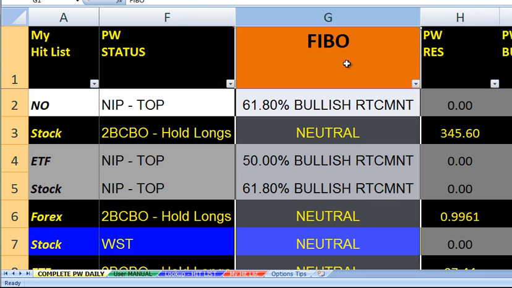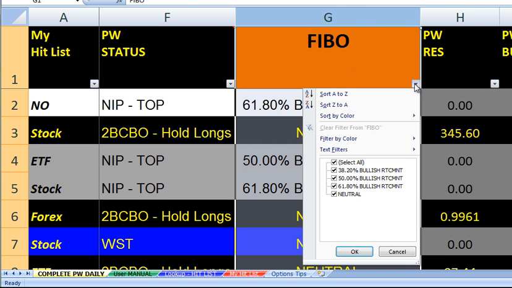All right, the next column is new. This is your Fibonacci retracements. It's already built in for you, so you don't have to go over to the chart anymore and try to figure out where we are. It's automatically going to auto populate now and show you where we are. Are we ready to go long or short? Is the market ready to rebound or retrace, recover, whatever? It's here, and it gives you a reading, and the readings are as follows: